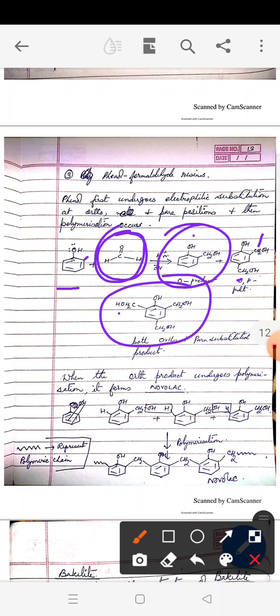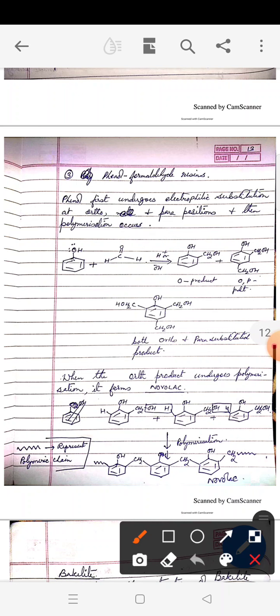So these products which are formed serve as monomers for the polymerization. When we take the first product, that is the ortho product, and carry out its self-condensation reaction, then we get a kind of polymer called novolac. And novolac is a paint, usually white in color. You can easily remember this because most of you might know that Narolac is a well-known paint company.